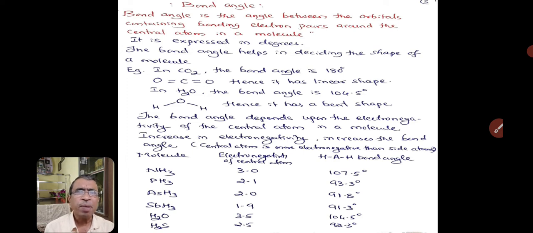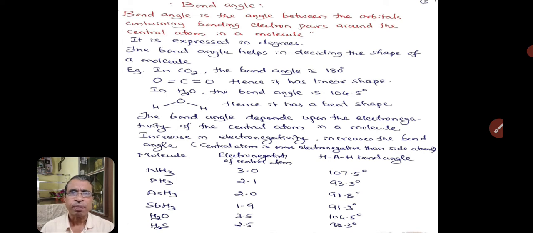The bond angle depends upon the electronegativity of the covalent atom in a molecule. Increase in electronegativity increases the bond angle. Suppose I take some examples. In the case of ammonia, the nitrogen atom is the central atom whose electronegativity is 3. Therefore, the H-N-H bond angle is